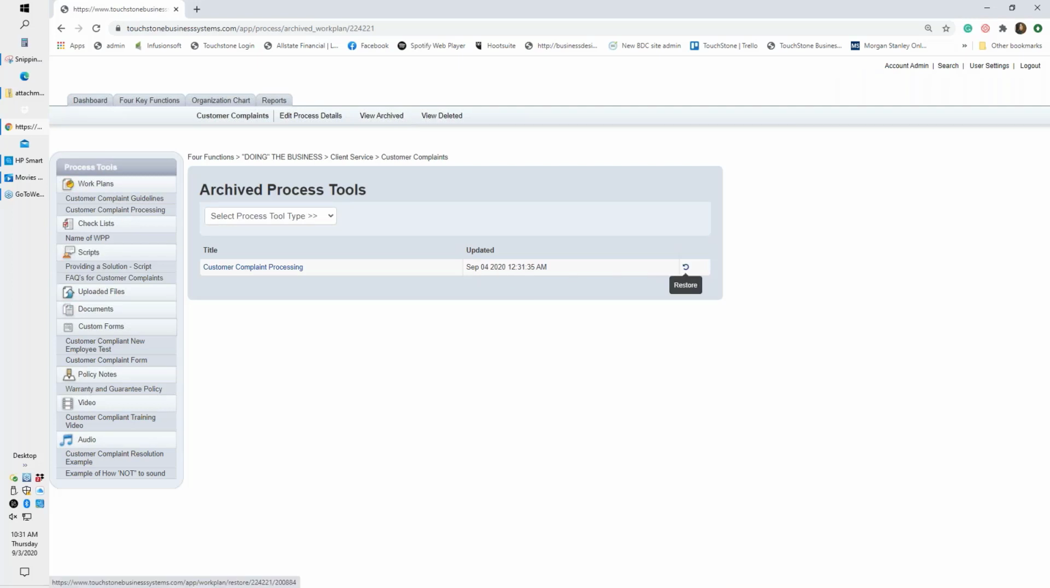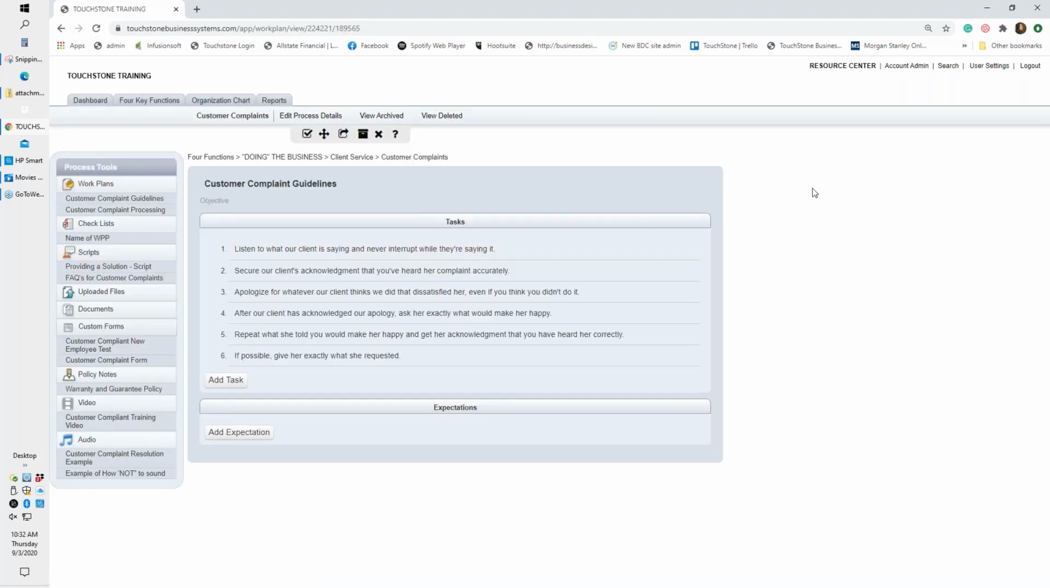I can restore it by clicking this. I can just go and look at it and view it and compare it to this if I want to. So that's the archive. There's no harm in archiving things. You're not going to slow down TouchStone, and there's no consequence to that. So archive things when you have any hesitance about